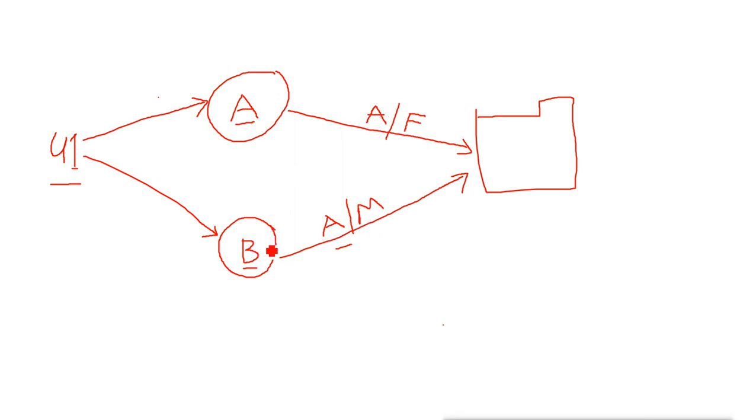So which permission will apply? The higher permission will apply. Modify is less than full control. Full control is higher than modify. So the modify permission will not apply. The full control will apply. That means when a user is getting multiple permissions, only allow permissions, then the higher allow permission will apply. And if the user is getting both allow and deny permission, then only the deny permission will apply.